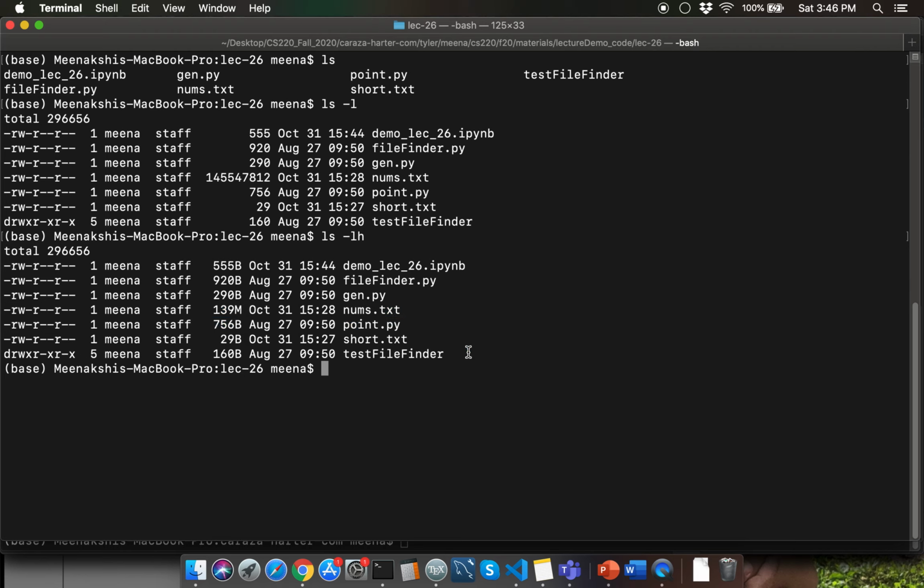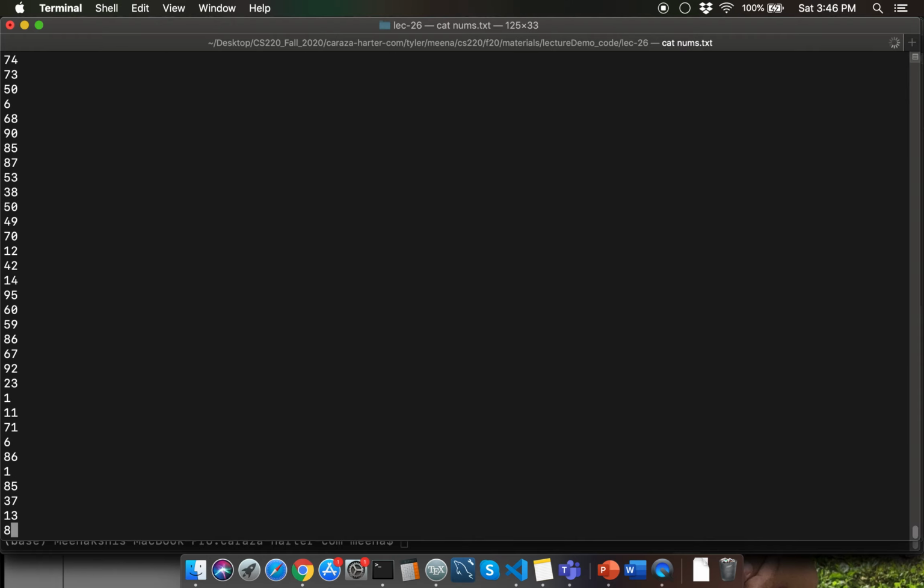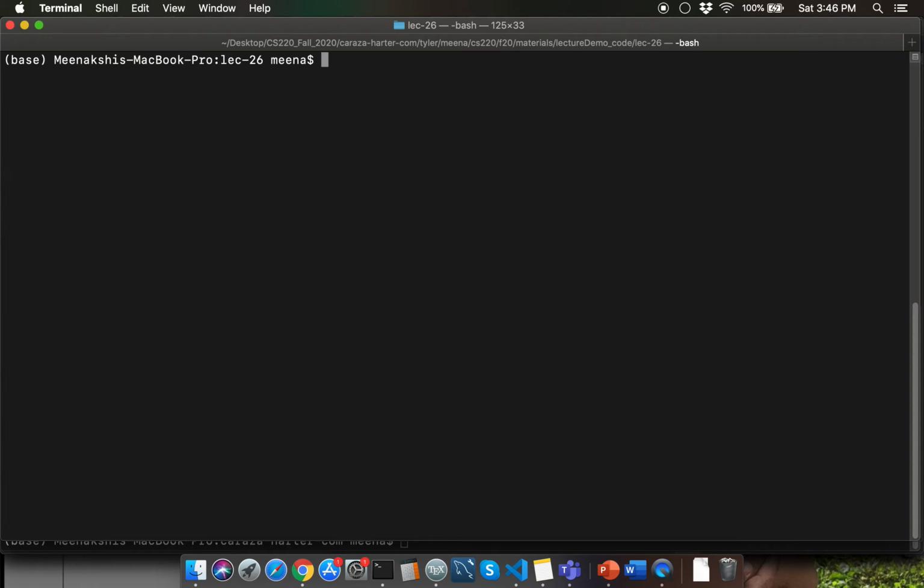What will happen if I try to look into the contents of the file by using the cat command? I already told you that the file size is really big, so that's going to run for a while here. Unfortunately, I'm going to have to kill the cat now. Let me go ahead and clear the screen. I'm going to show you a couple of other commands which are really useful when it comes to peeking into the contents of a large file.